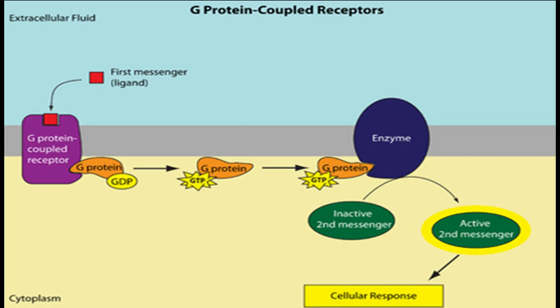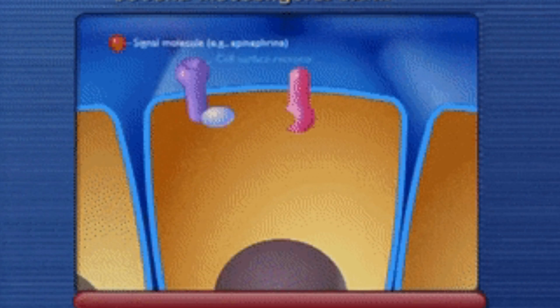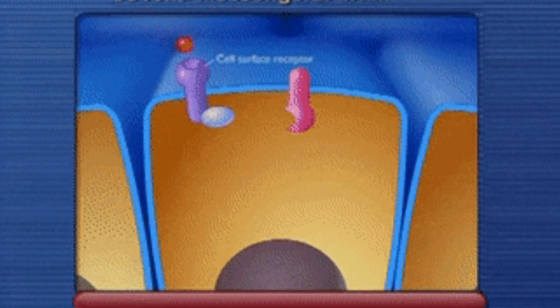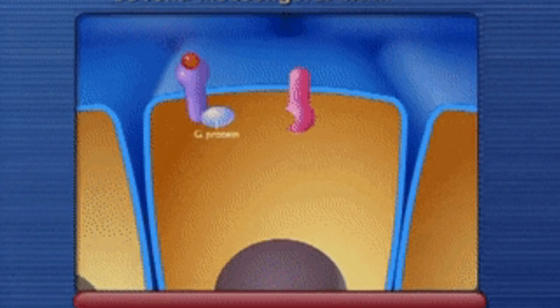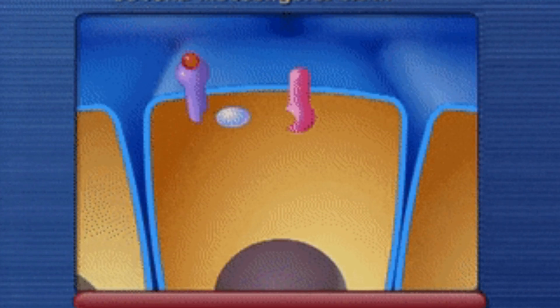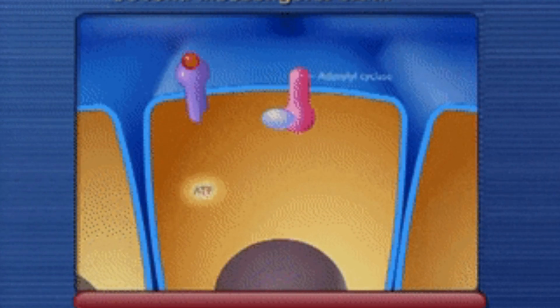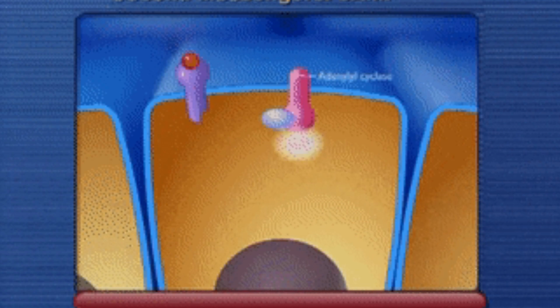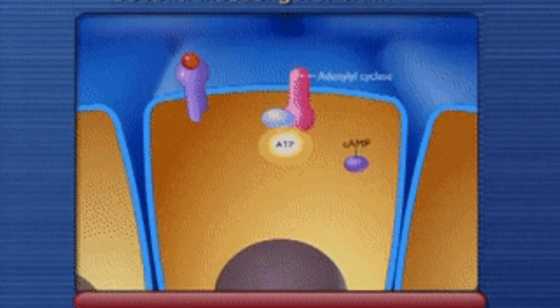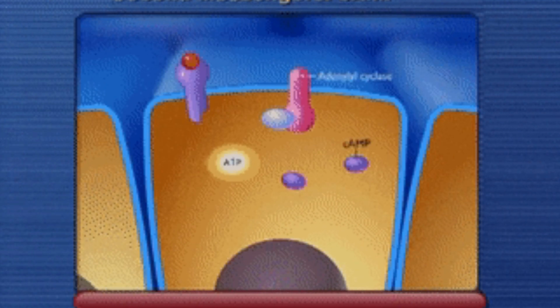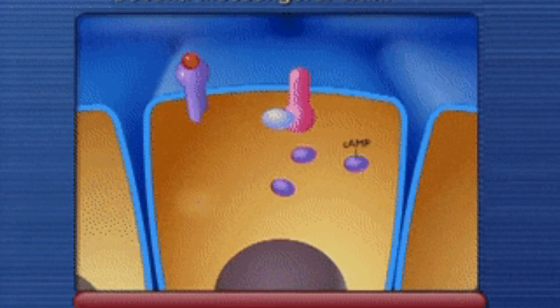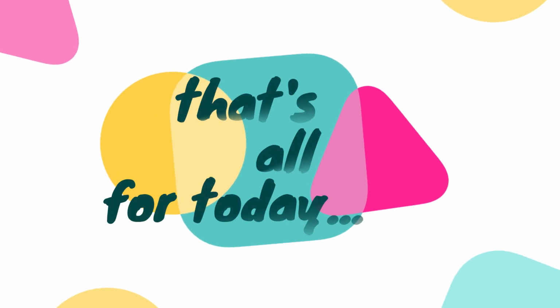Now, in a very easy explanation, this is how the G protein coupled receptors act. As you can see, that's the plasma membrane, and that is the G protein, and how it binds and the signal transduction takes place. That was all for now, but we'll be discussing some other signal molecules that use cAMP